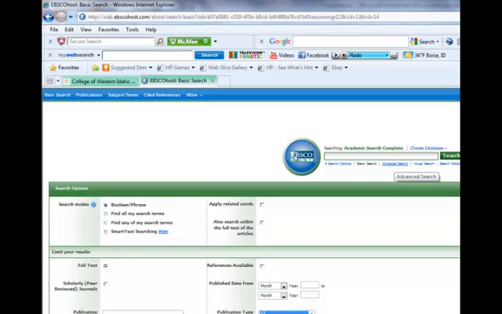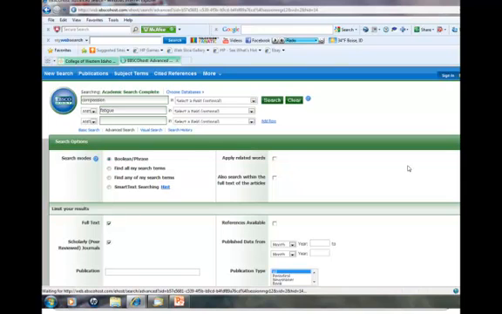That will take you into the Ebsco host database, and I suggest that you select Advanced Search. In the bar under the search bar, you'll see search options: basic search, advanced search, visual search, and search history. Click on Advanced Search. That will give you several fields that you can fill in. I've chosen compassion fatigue,